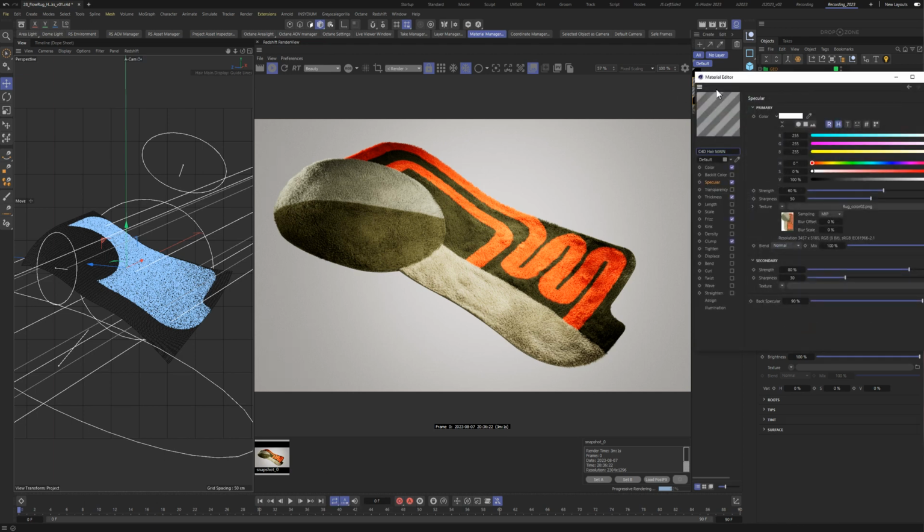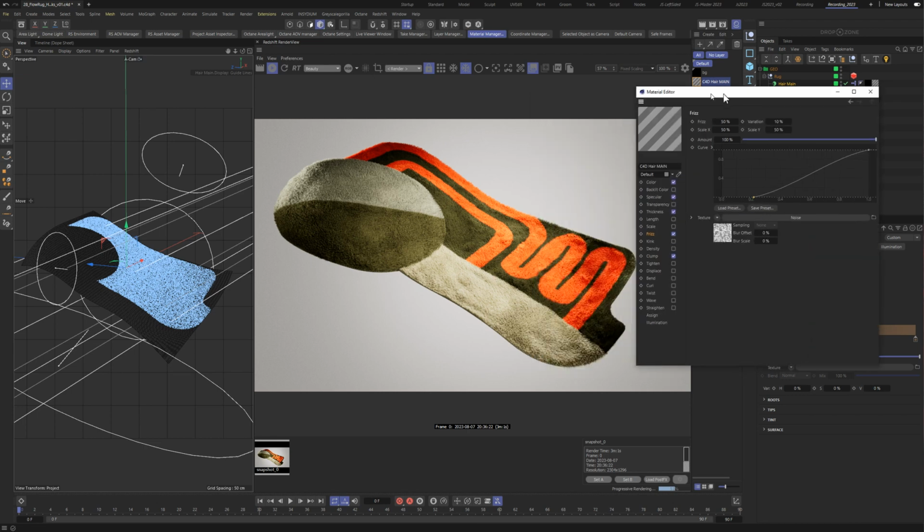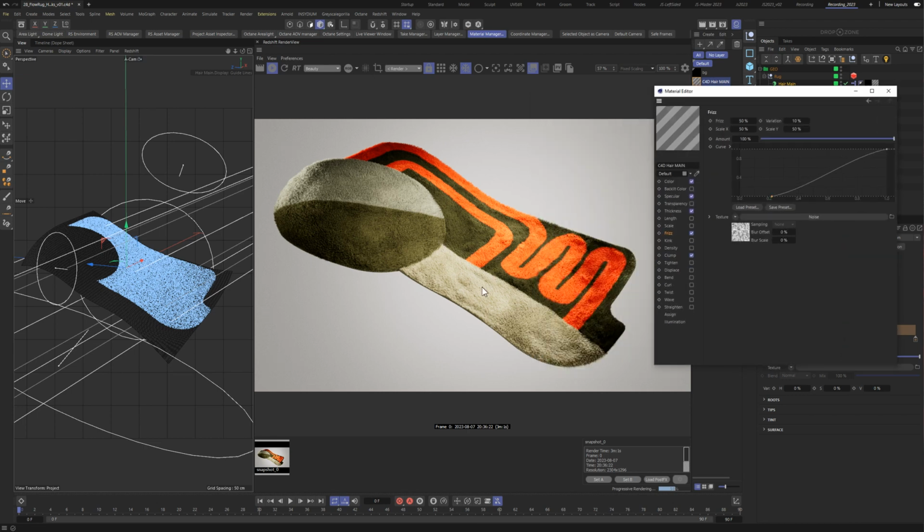I really thought that using frizz, kink, and all of these different things with a noise and just affecting the hair in general would create effects like this, but it turns out that it doesn't. You really have to manually do it there, unless there's some sort of simulation with wind or something that I'm not aware of. But this is the way that I was able to solve it,